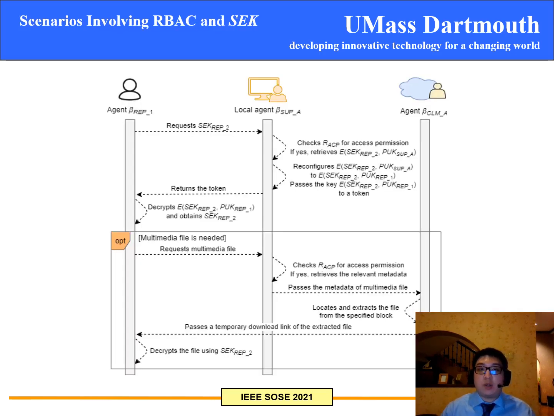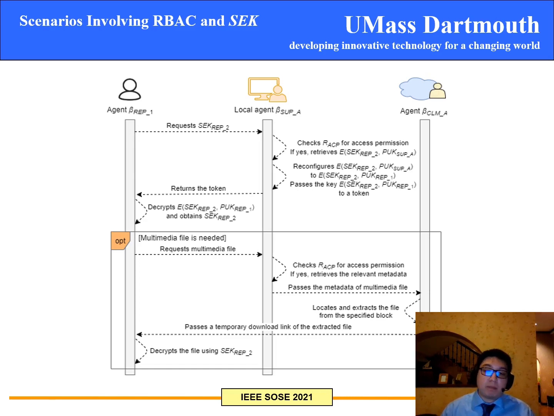And this figure shows the procedure involving a doctor wanting to retrieve their patient's information from the blockchain. The doctor is represented by regular peer agent 1 and the patient by regular peer agent 2. The procedure starts with regular peer agent 1 sending a request to super peer agent A, which represents hospital A. The super peer agent A then checks its access control policies to decide whether or not to grant permission to